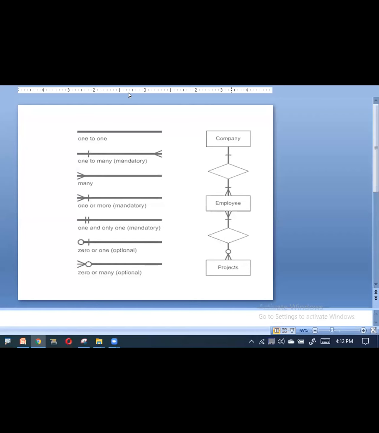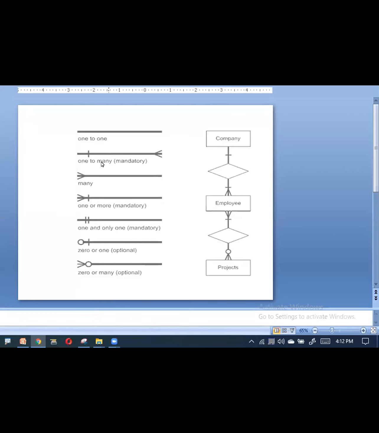If I want to relate a one-to-one relationship, I can draw a single line from one to one. So a company has one employee who has one project. Like this, we can use the one-to-one relationship.